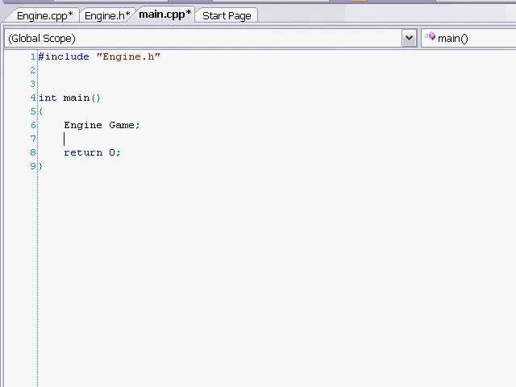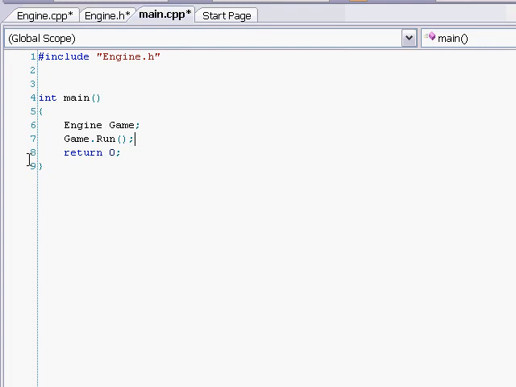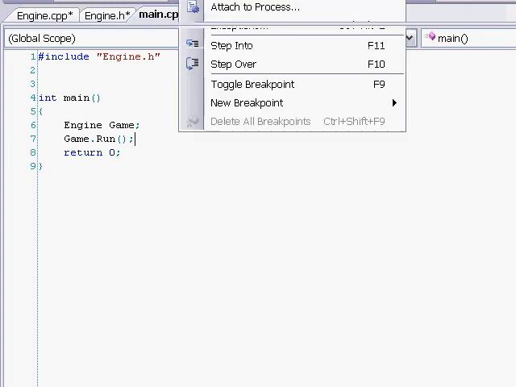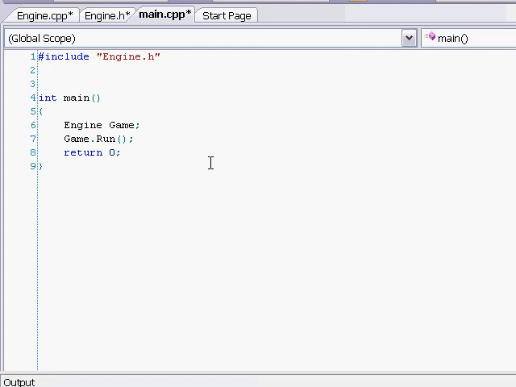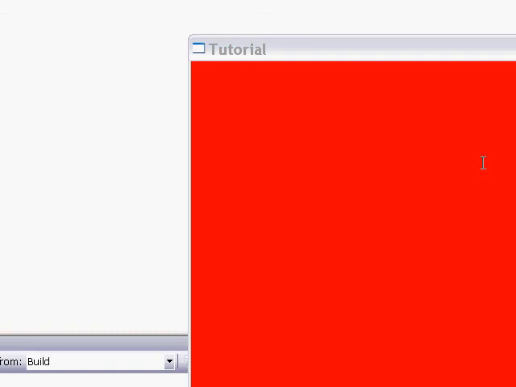Now in your main.cpp, you call game.run, and this will run your game, and this is your main function. And so we will start without debugging, and it may take like a year to compile. So one sec, I'm gonna pause. Okay, sorry for that. I had to pause it, and as you see, it is running, and it is